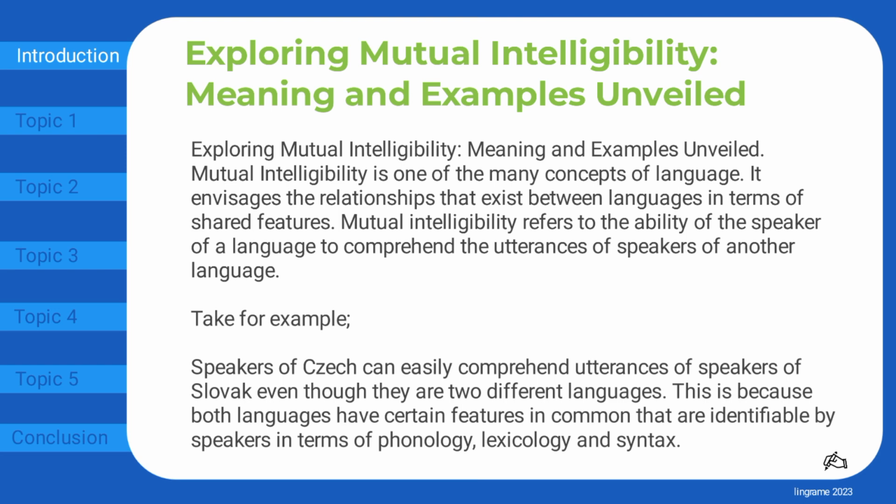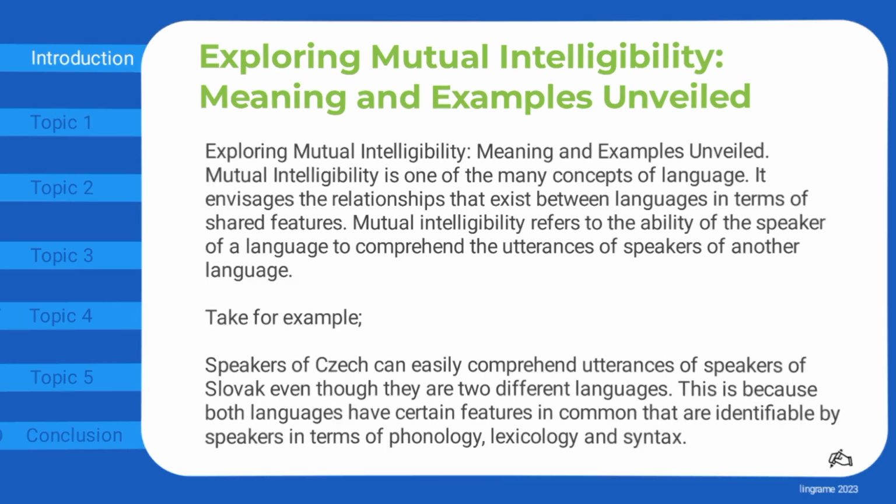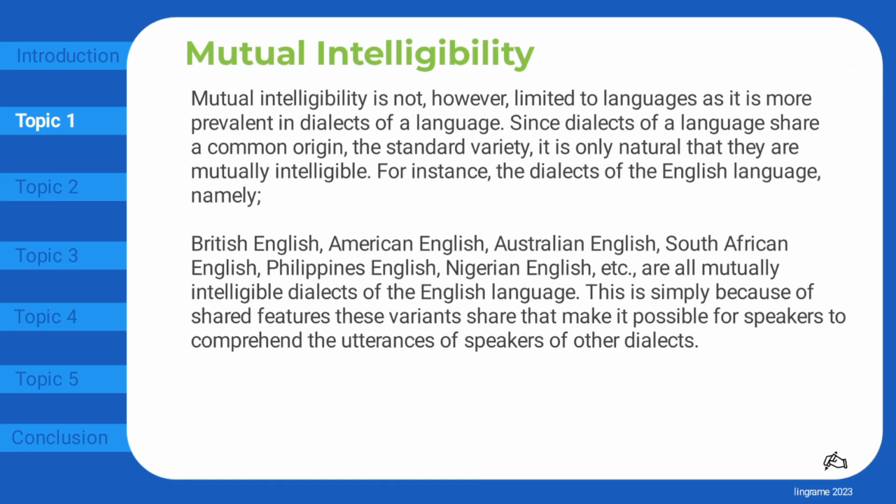language. Take for example, speakers of Czech can easily comprehend utterances of speakers of Slovak even though they are two different languages. This is because both languages have certain features in common that are identifiable by speakers in terms of phonology, lexicology and syntax. Mutual intelligibility is not, however, limited to languages as it is more prevalent in dialects of